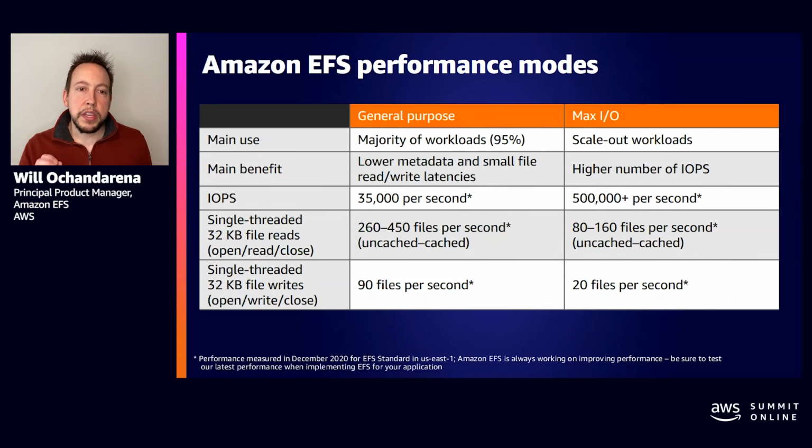system. The cases where you might want a max IO file system is if you are parallelizing your application among hundreds or thousands of parallel instances, and the latency of operations doesn't matter as much as how many parallel IOPS that you're doing. So this might be what you want to do for a scale-out analytics job or machine learning. But I'd advise you always to start with general purpose, using max IO only in the specific circumstances where you benefit from the IOPS.